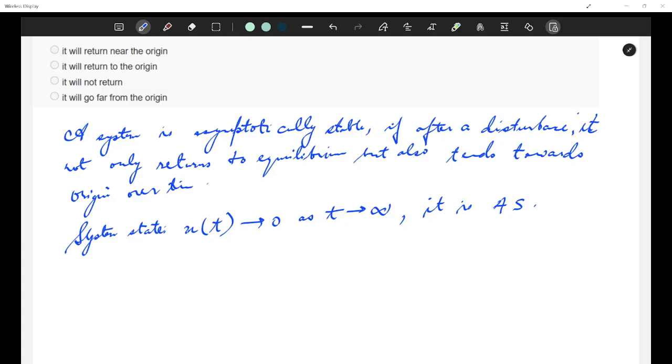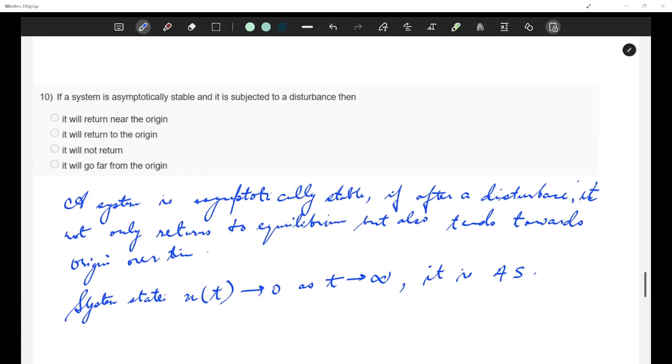Okay, so first option says that it will return near the origin. So it describes a Lyapunov stability where the system remains bounded but may not necessarily converge to the origin. Asymptotic stability ensures convergence to the origin, not just near it. Then the other is it will not return. This would describe an unstable system, right?